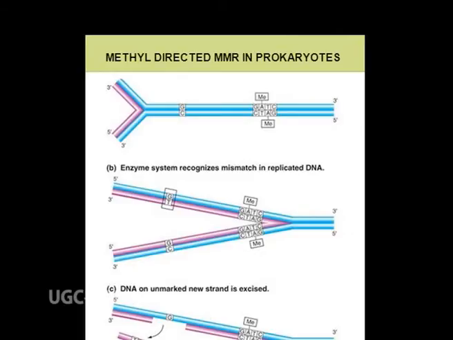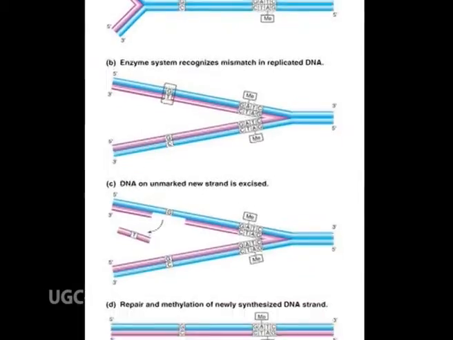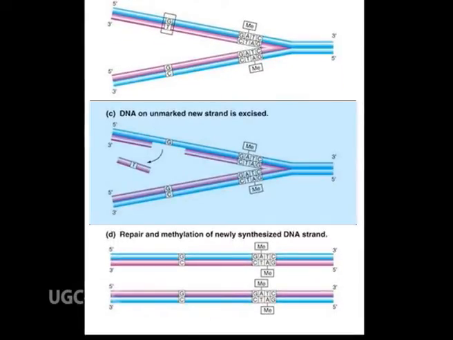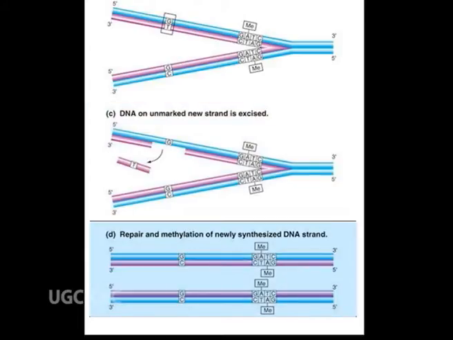The MMR pathway can be divided into three principal steps: a recognition step where mispaired bases are recognized, an excision step where the error-containing strand is degraded resulting in a gap, and a repair synthesis step where the gap is filled by DNA resynthesis. The mismatch repair process is highly conserved from E. coli